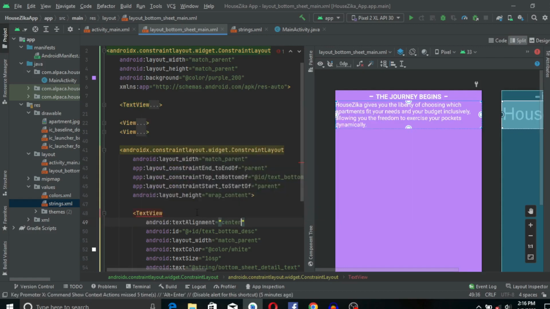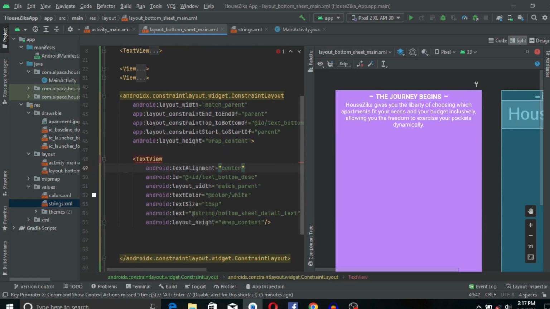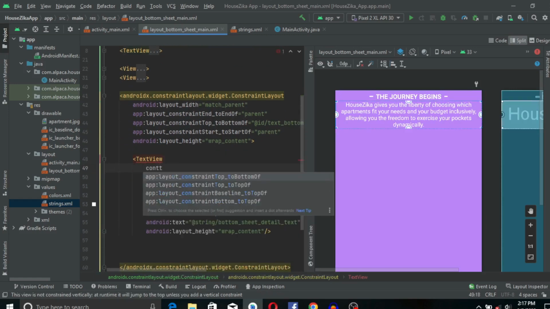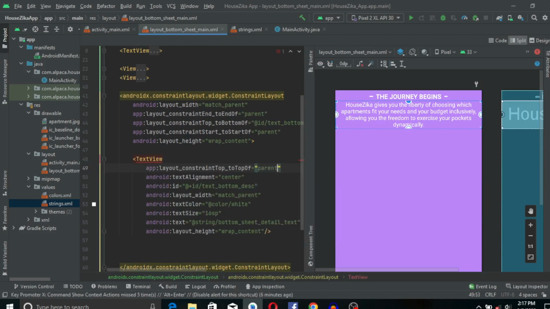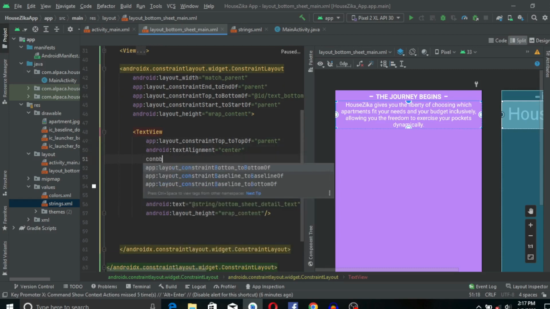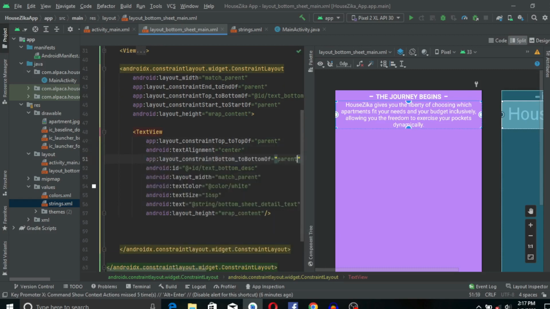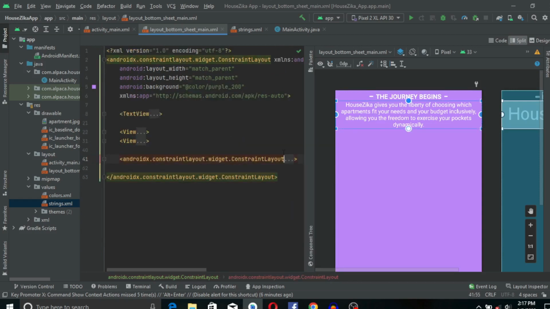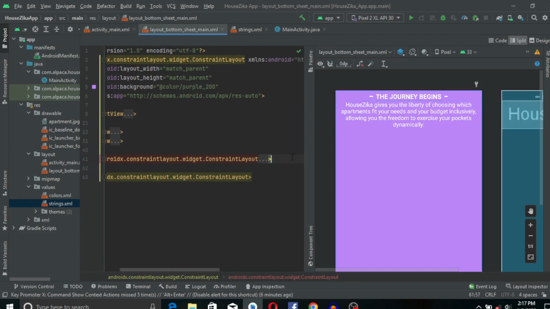Text alignment, we use that, and then we center. You can now see we have some changes there. The text is centered, right? So we constrain this to top, constraint top of parent. That should be okay, right? We can just give it a constraint bottom just to be safer. Constraint bottom of parent, right? So that's done. So we're going to close this constraint layout, and then we have to create the button and